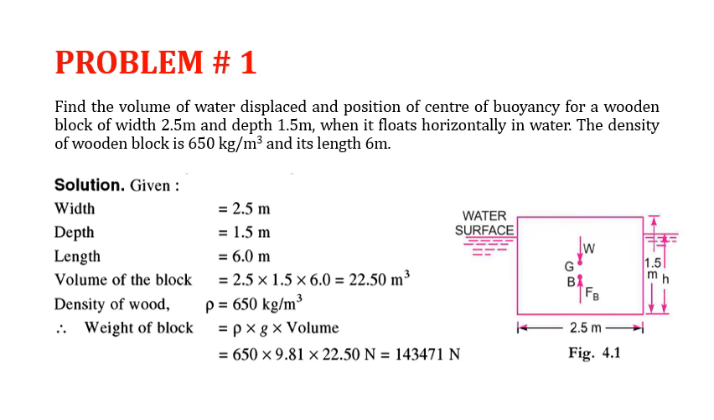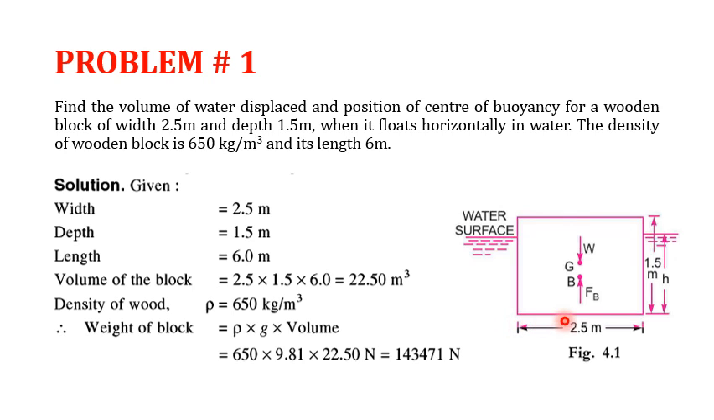Problem number 1 is to find the volume of water displaced and the position of the center of buoyancy for a wooden block of width 2.5 meter and depth 1.5 meter when it floats horizontally in water. The density of the wooden block is 650 kg per meter cube and its length is 6 meter. So we can draw this figure